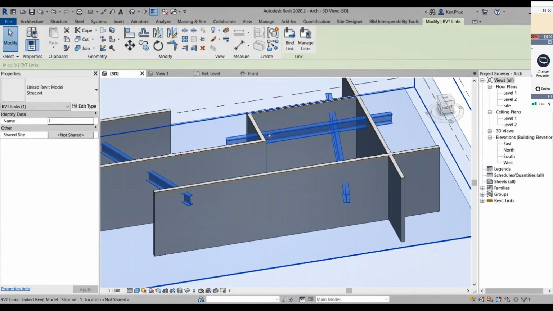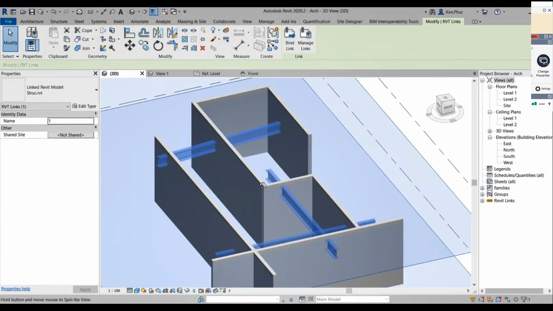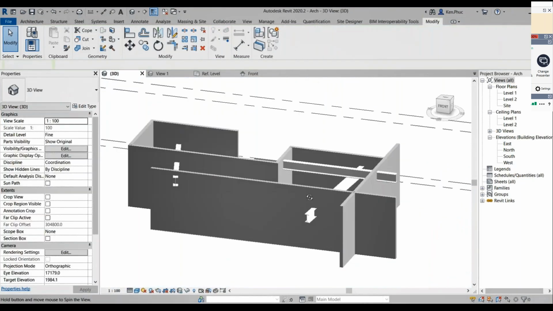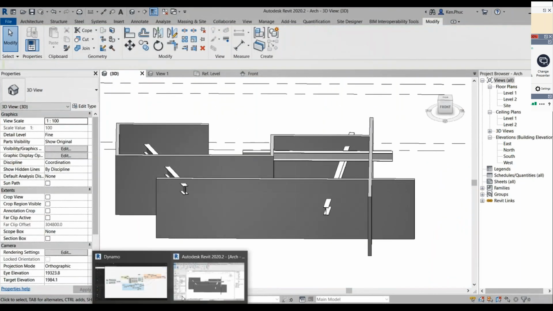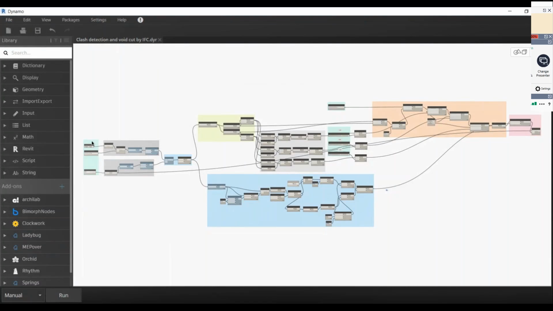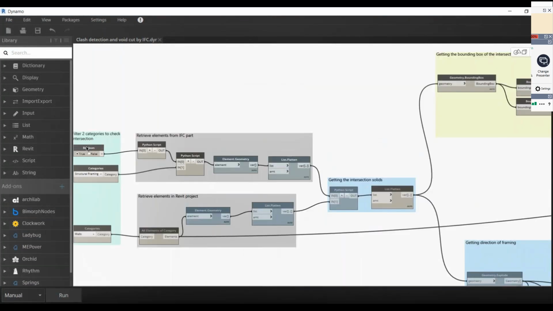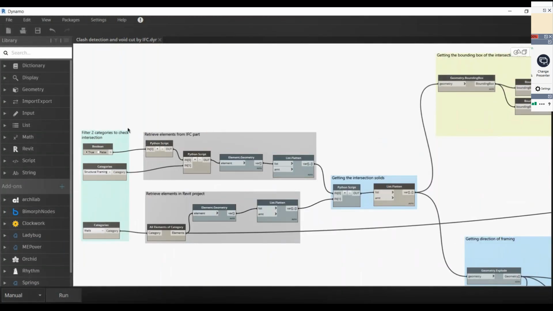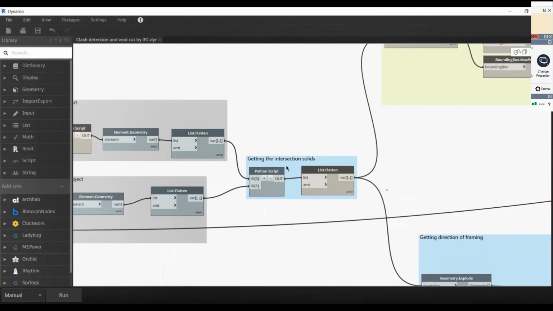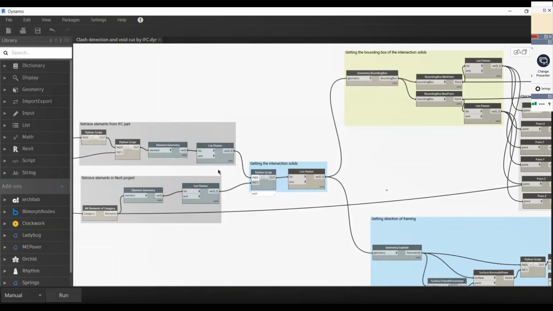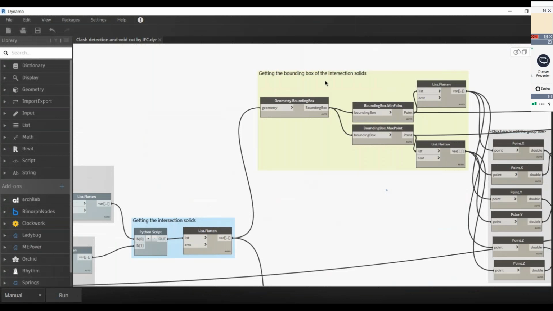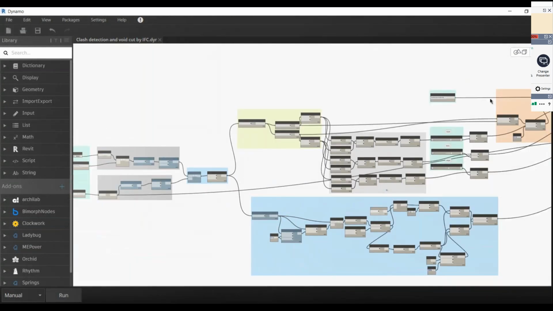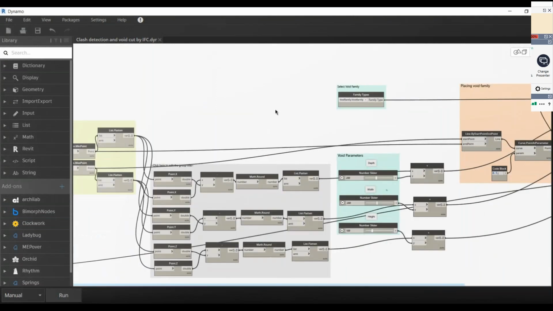So if you could see, there are a few structural beams running through my walls, but there is no cutout or opening defined, which will eventually, once it goes to the site, cause construction issues or result in some level of downtime. So we created a simple script for Revit to first identify that clash, and then the second thing we've done is define to Revit what the operation is.